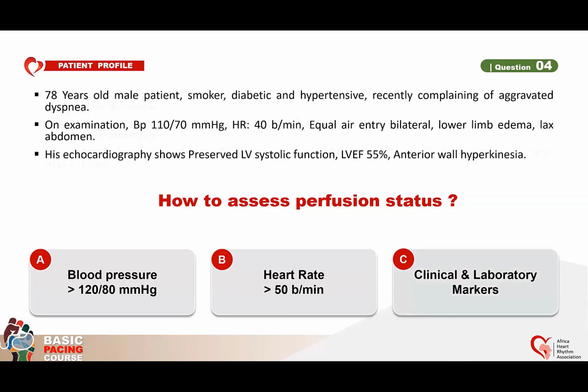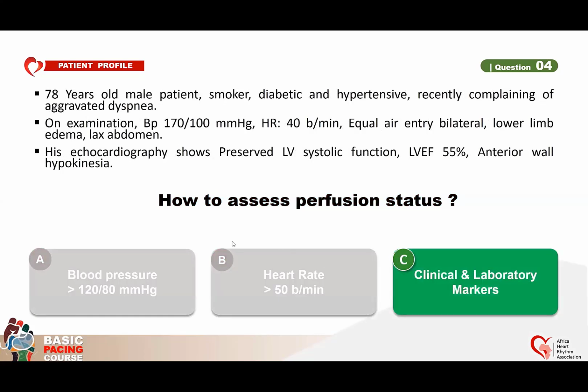This question is to emphasize that there is no blood pressure limit for perfusion, meaning the patient could be hypotensive but well perfused. Also, with a decent heart rate above 50, he could, through a complete or an advanced high-degree block, also be hypoperfused. So the right approach would be clinical and laboratory markers to evaluate the function of the